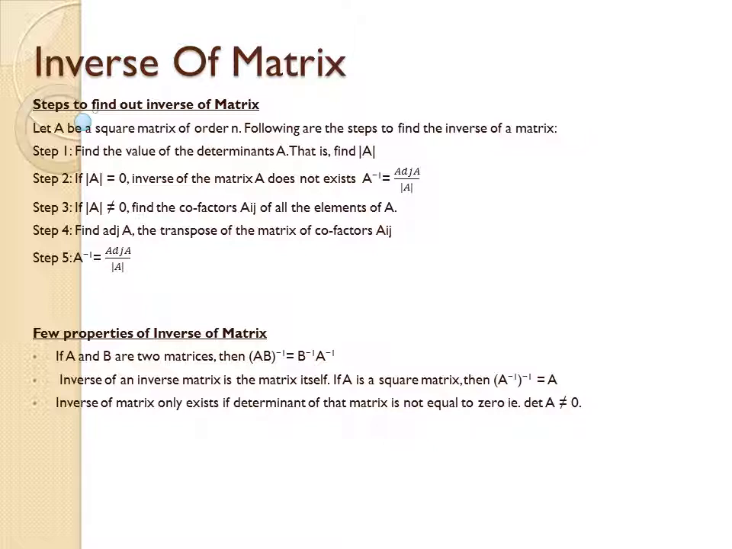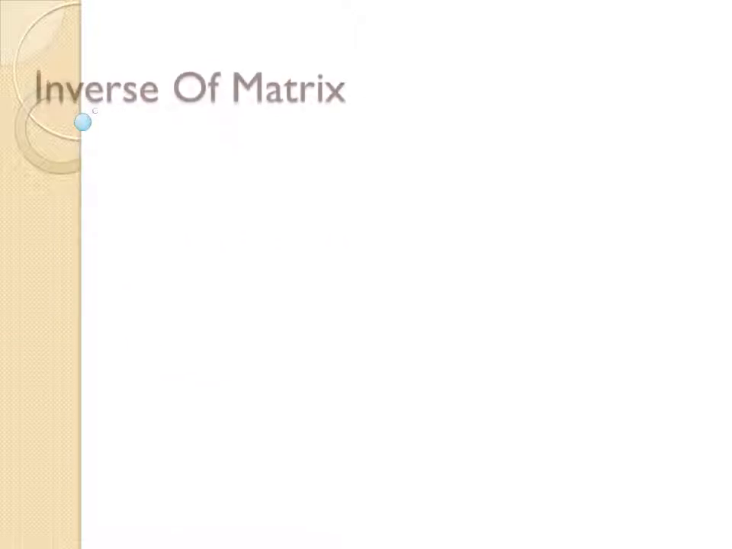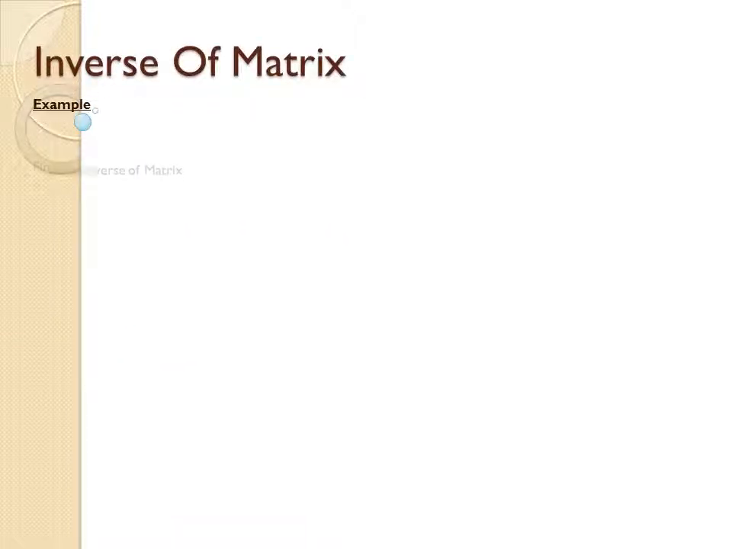Inverse of a matrix only exists if the determinant of that matrix is not equal to 0, that is det A not equal to 0. That we have already discussed. So let's go to our example where we will find the inverse of a 2 cross 2 matrix. Let's say 3 5 1 7, that is a square matrix